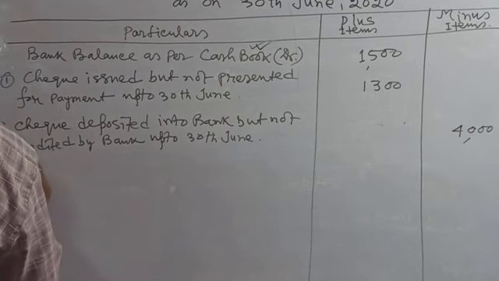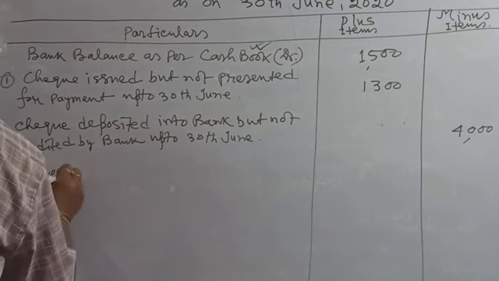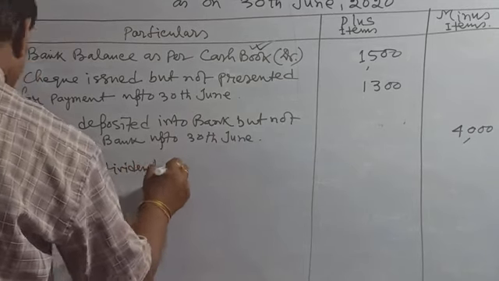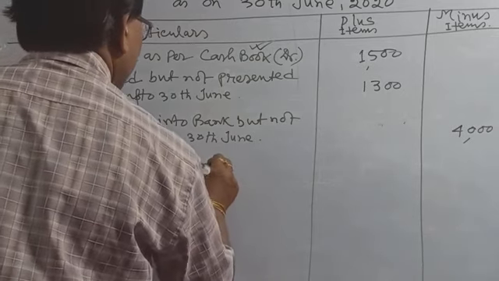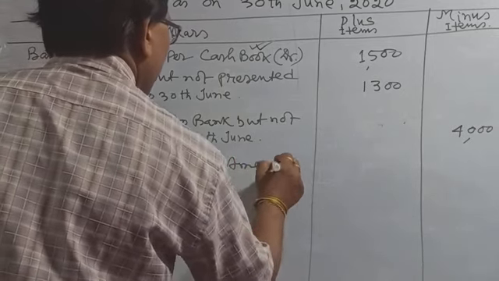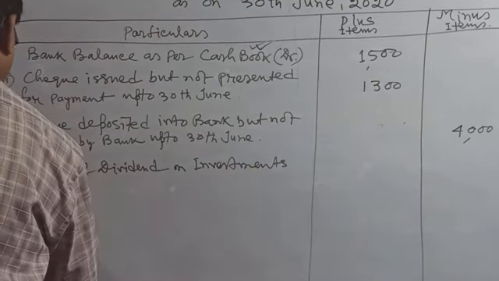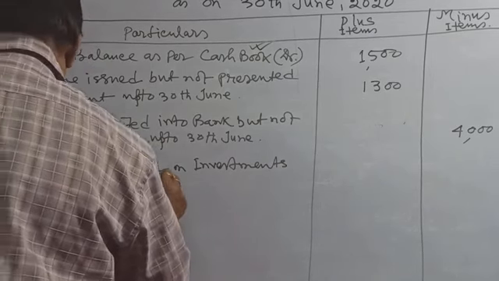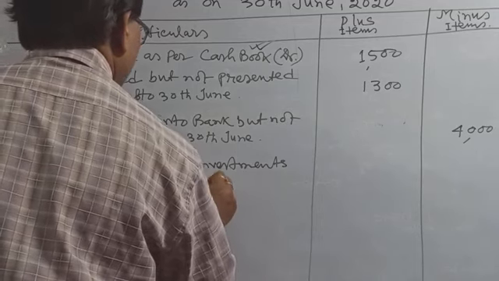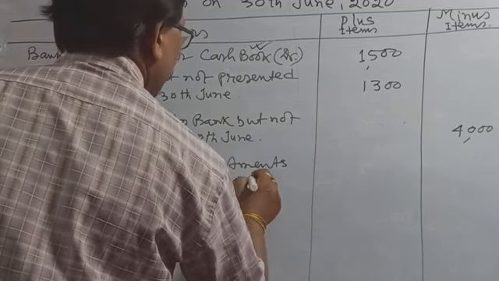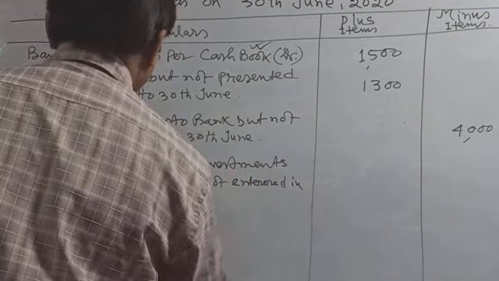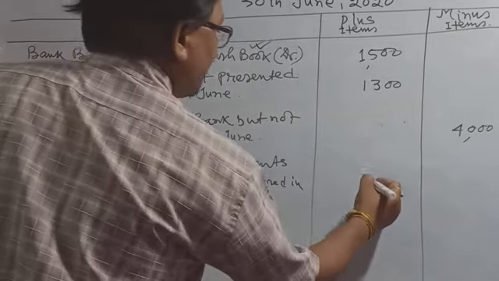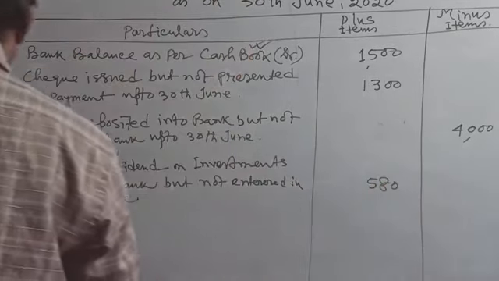Then you write interest and dividend on investments collected by bank, but not entered in cash book. That is, the cash book is plus 580. Point number 4,